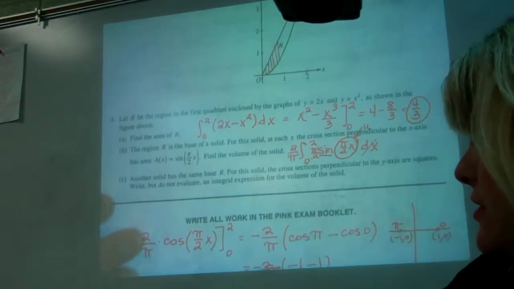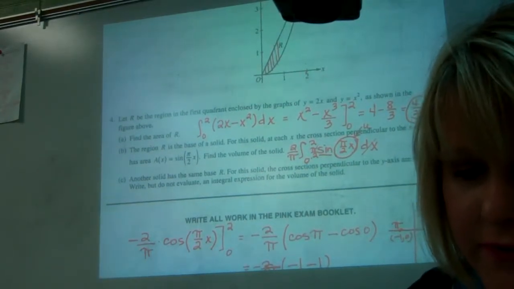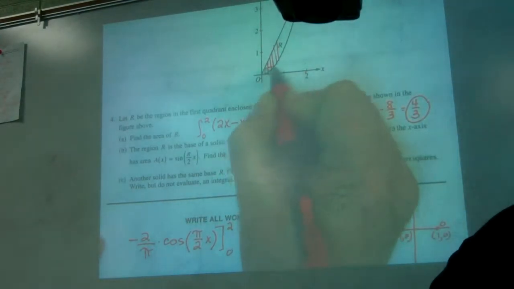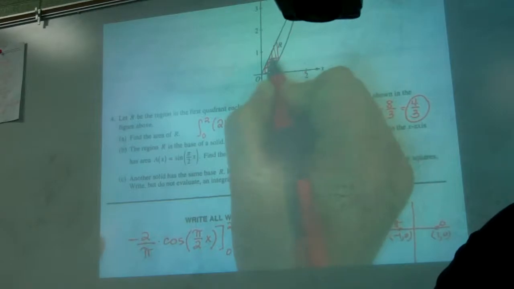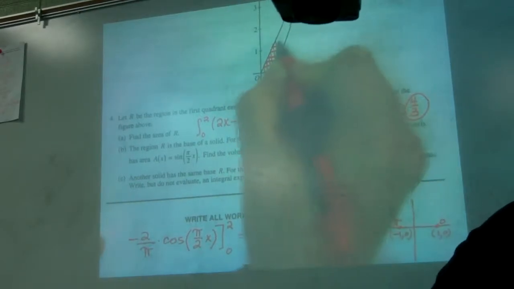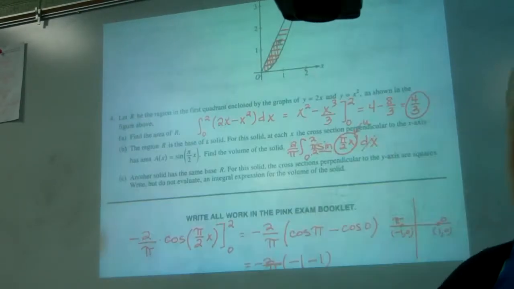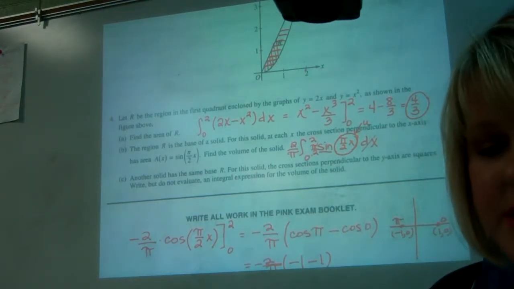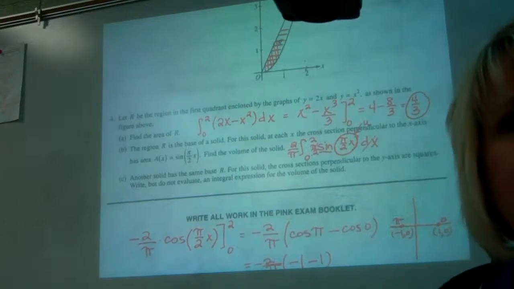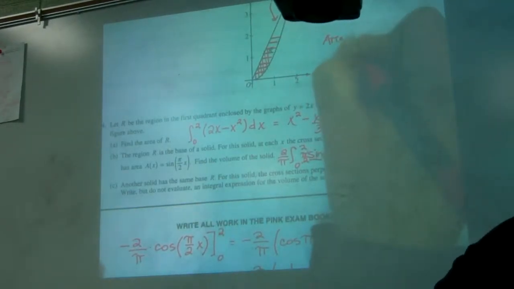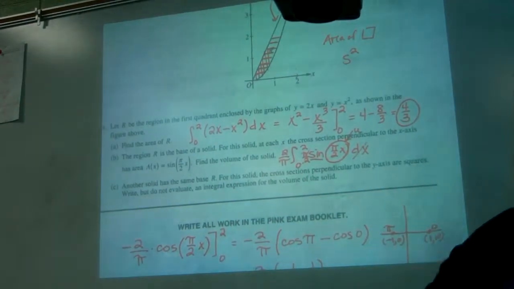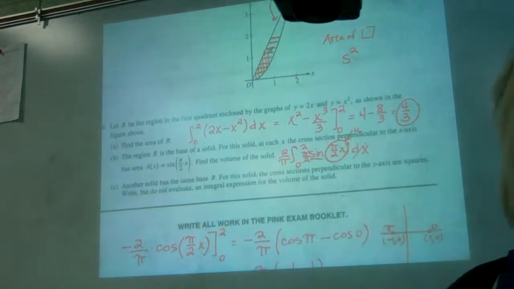Part C, another solid has the same base R. For this solid, the cross section is perpendicular to the y-axis. So now they're going this way. So perpendicular to the y-axis are squares. Write but do not evaluate an integral expression for the volume of the solid. So we have to integrate the area of each of those squares. So we know that the area of a square is just side squared. So if we could just figure out how long one of those sides are, we just have to square it